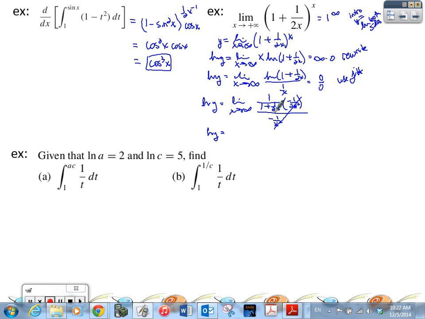And what's going to happen to this piece? It's going to tend to 0, right? Because as the bottom gets bigger and bigger, it tends to 0. So I have 1 times 1/2. So I have natural log y equals 1/2. And then we solve for y. So e to the 1/2 equals y. And our answer is e to the 1/2, which is exactly what it was when we did the pattern,